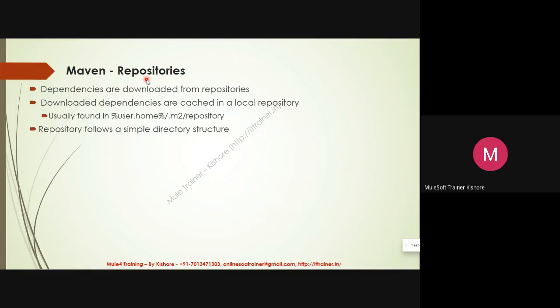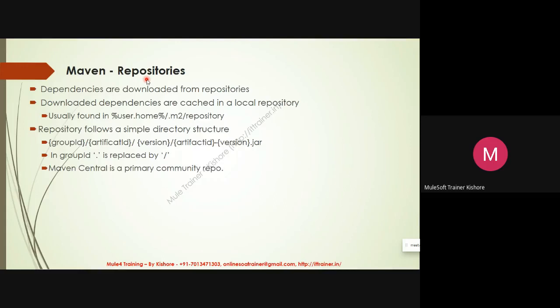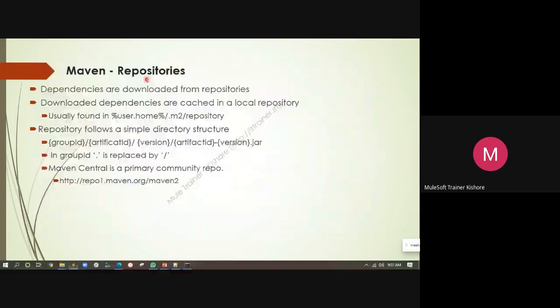The repository follows a simple directory structure, that is nothing but, already we have seen this, group ID, artifact ID, version, and artifact-version.jar. And then Maven Central is a primary community repository, repo1.maven.org.maven2.